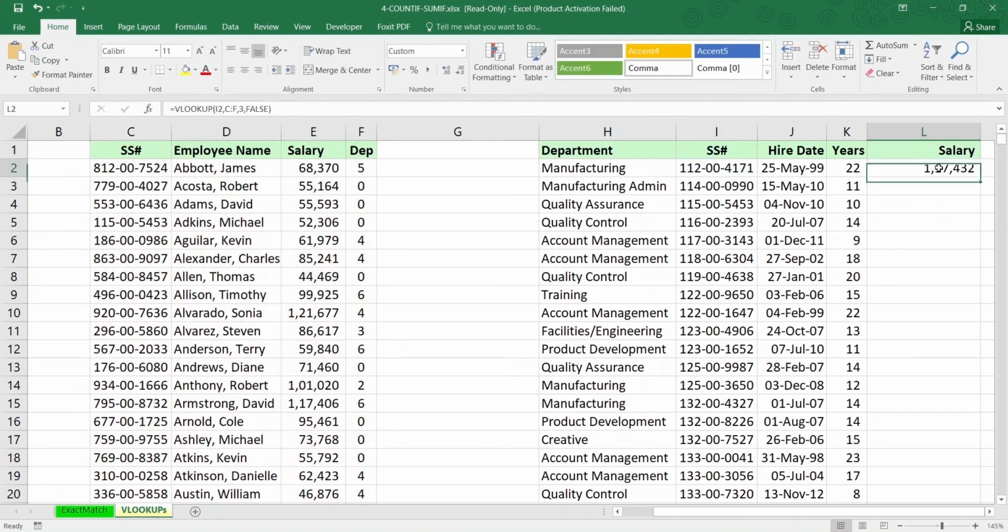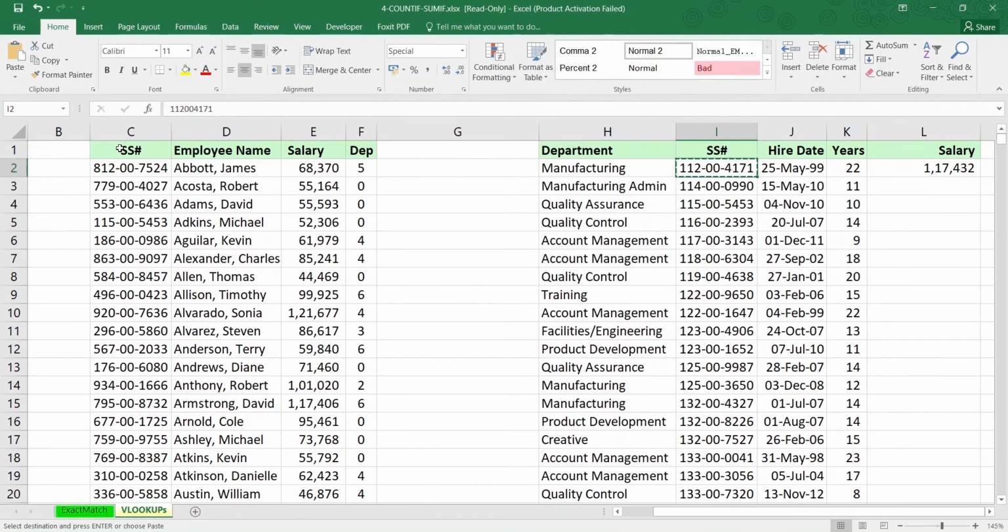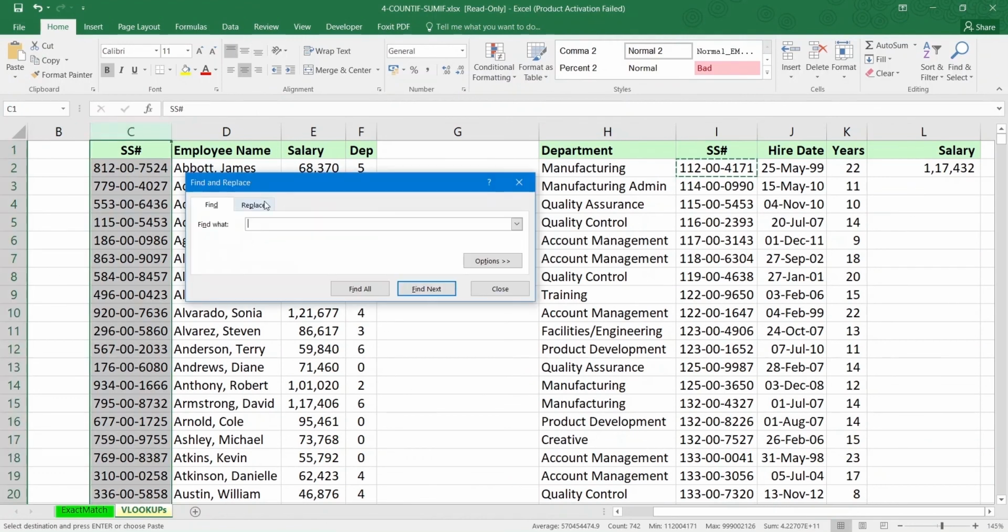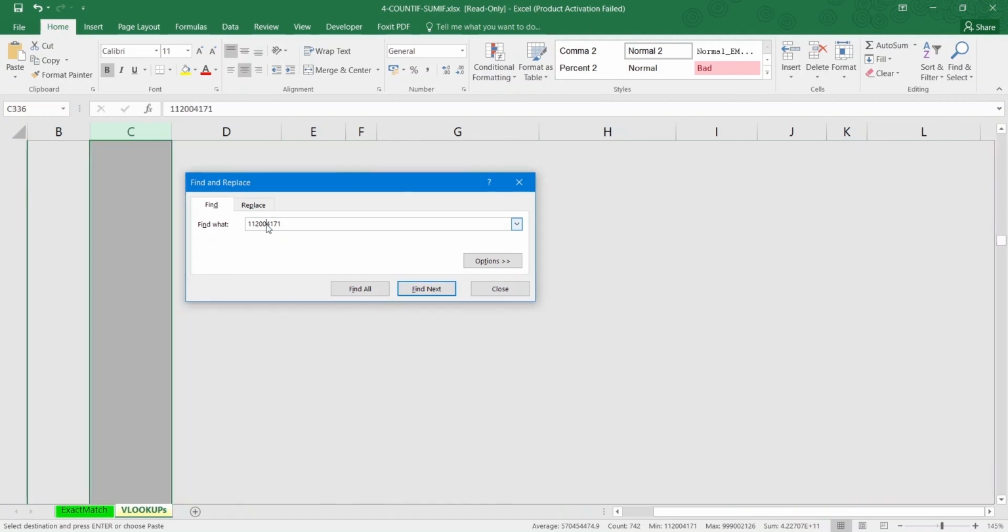Press enter, and you can see that we have got the salary, which is 1,17,432. If I go ahead and search this in this column just to confirm it, yeah.